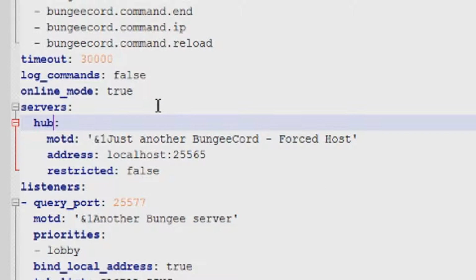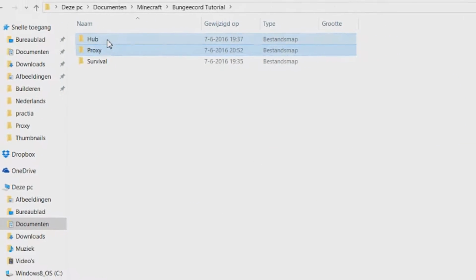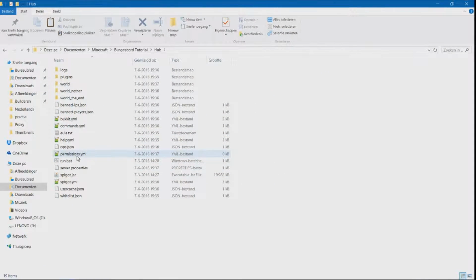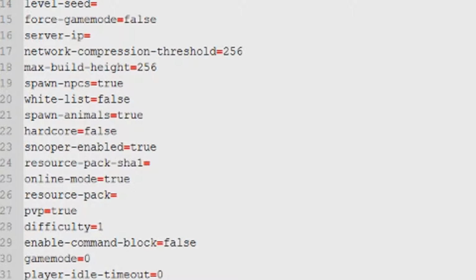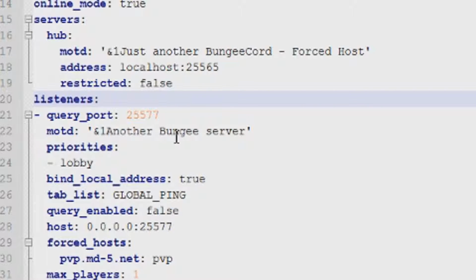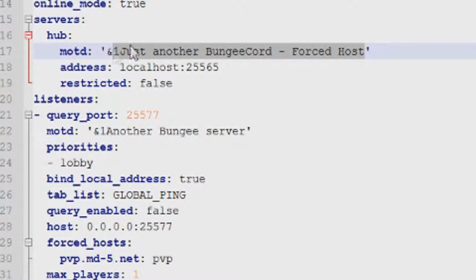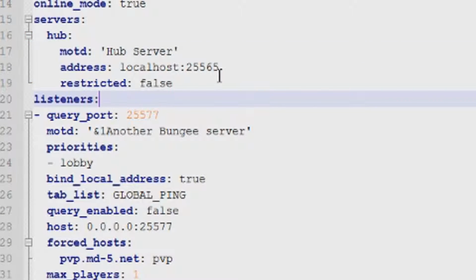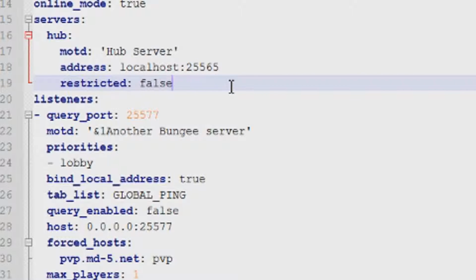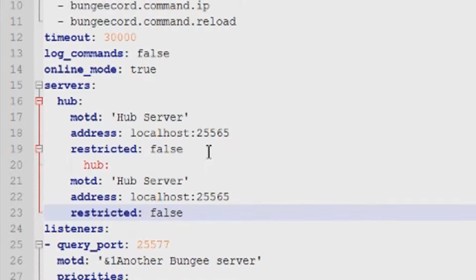So in here I will set up my hub, and let's see what the IP for the hub is. You can check that out in server properties in your server files, and let's see, the port is 25565. So hub, 25565, hub server, and let's say you have a dedicated IP, you just put like 5.245, your whole IP and then the ports. But since I am hosting on my own computer, I'll just put localhost in there,